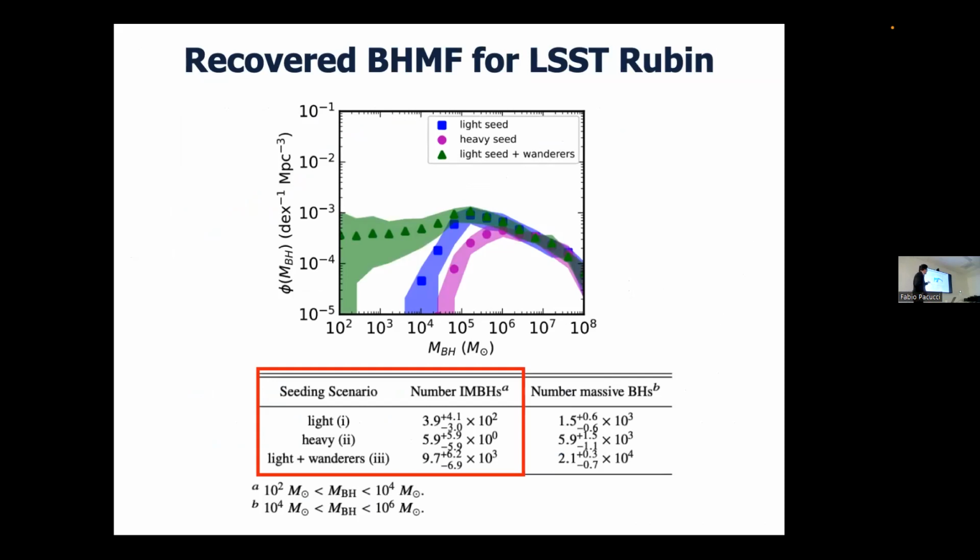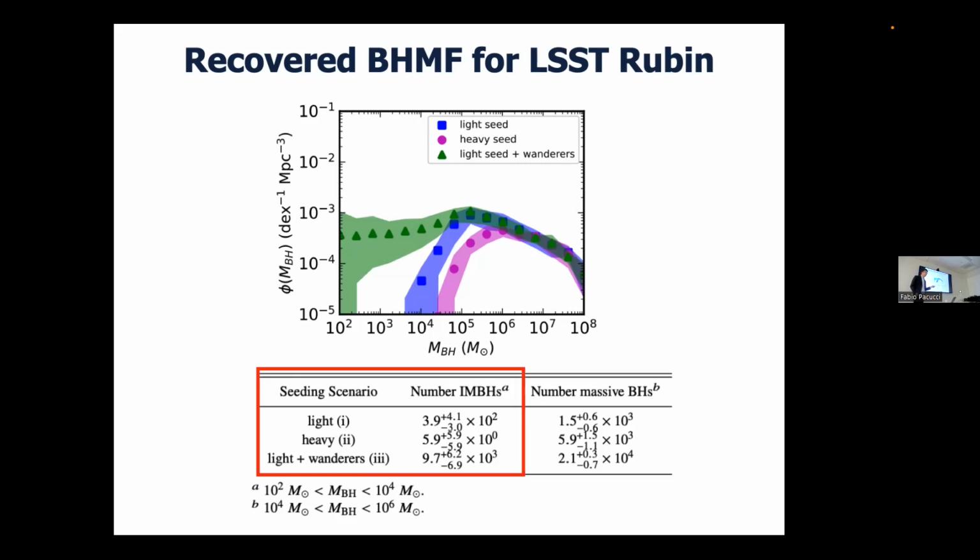assuming we can measure the black hole masses for these things, which is hard to do, you can plot the recovered black hole mass function with Rubin here. And in this case, we can do it for the wandering black hole masses. So this is not stellar mass now, it's black hole mass. So if we can use the variability time scale, say, to get a rough black hole mass with these light curves, and